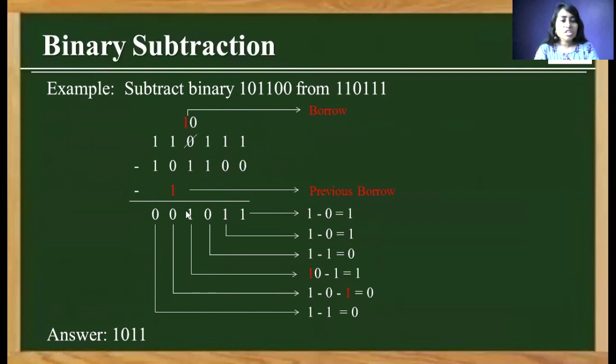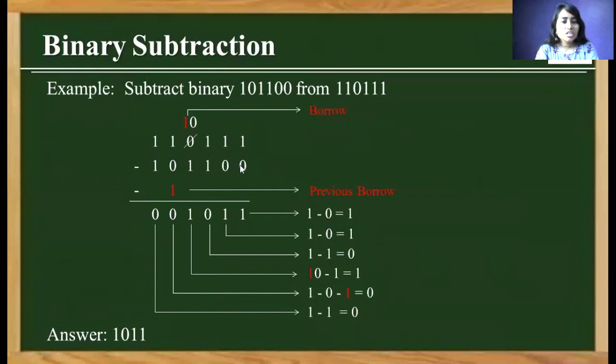So subtraction for this bit is done, but here we took a borrow, so we have to return it to the next bit. So we again subtract this borrow here. So here there is a 3-bit subtraction, 1 minus 0 minus 1. So 1 minus 0 is 1, and 1 minus 1 is 0. So we have a resultant bit 0. Then 1 minus 1, we have an answer 0. So this is how we can perform binary subtraction.